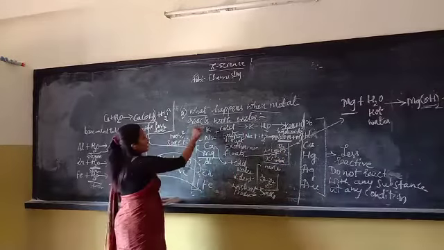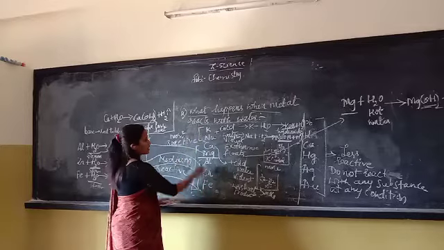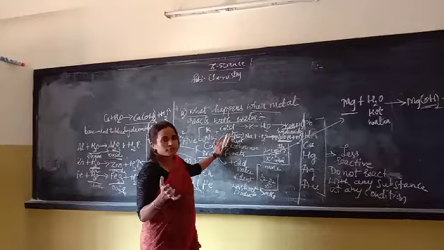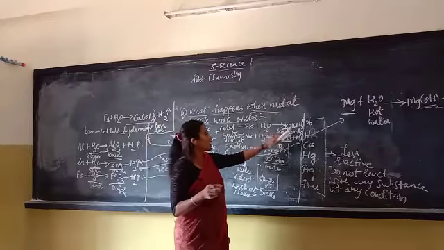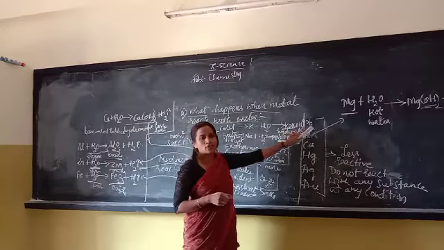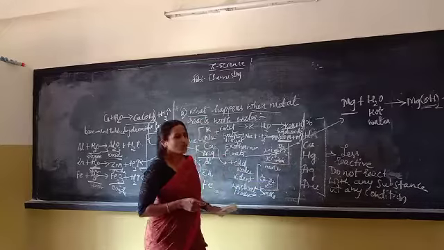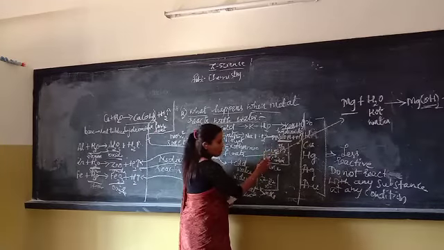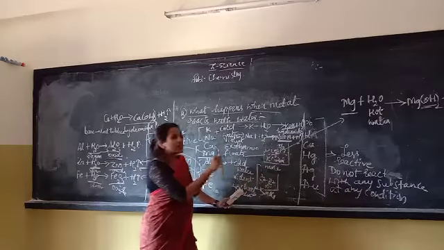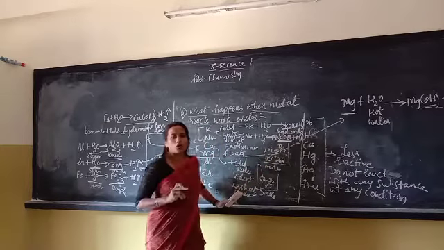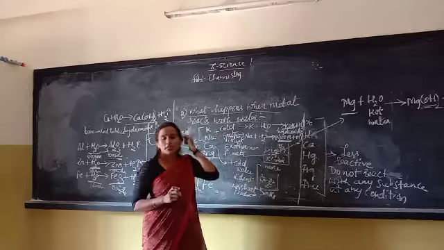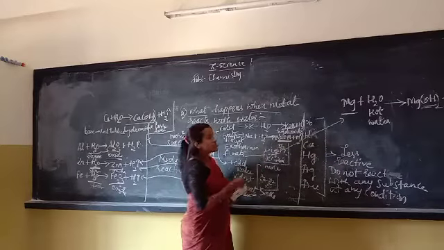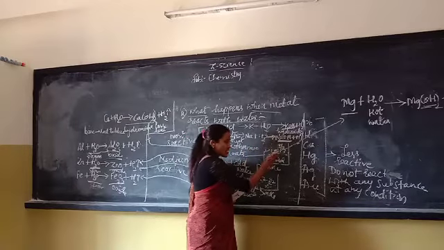Okay. Next we come to the first two elements, which are the highly reactive metals. They have the capacity to react with cold water. So when they react with cold water, they form hydroxide and hydrogen gas as products. So what will happen when you add sodium or potassium to the water? It does not sink, it floats on water. Okay, so it floats on water and it starts releasing its product, hydrogen.